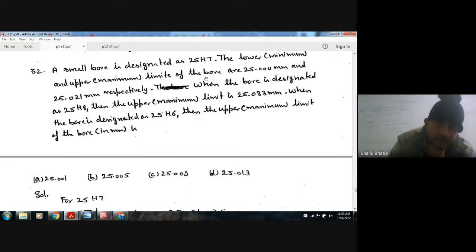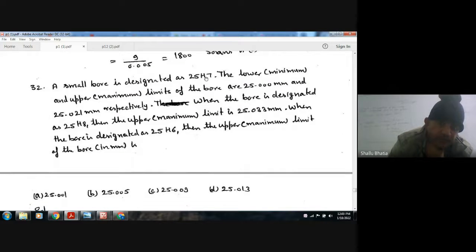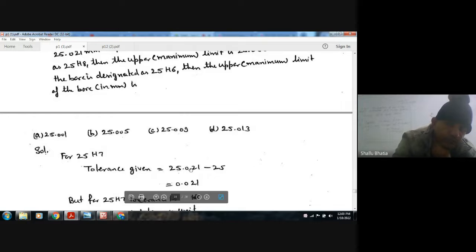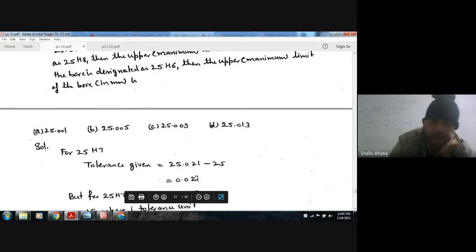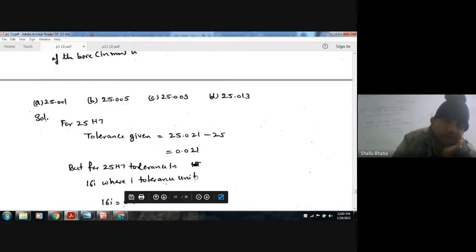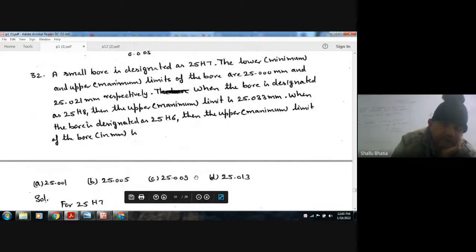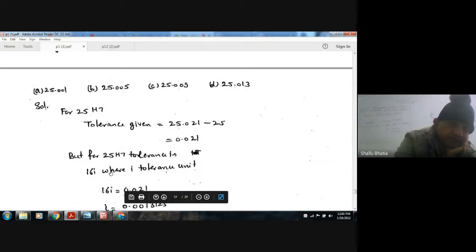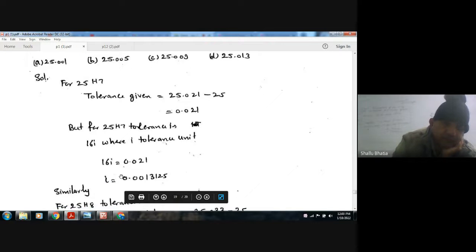Okay, so the bore is designated as 25H7, and the lower limit is 25 and the higher limit is 25.021. So the tolerance is the difference of the higher and lower, that is 0.021. Some data you have to remember, since this is a production paper. For the 25H7 hole, the tolerance is 7i, where i is the tolerance unit. Now putting this tolerance equal to this, i will be...